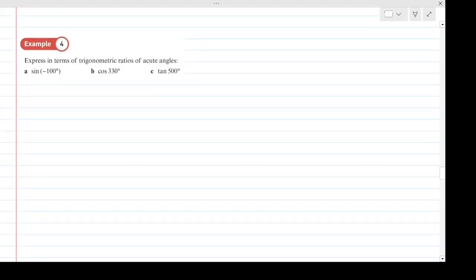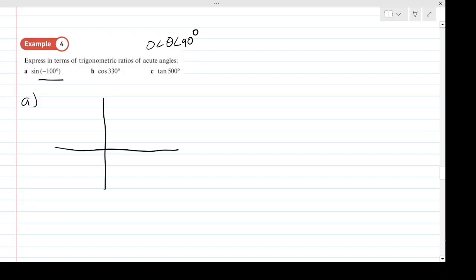Okay, so we're told here to express in terms of trig ratios, which means, by the way, in terms of sine, cos, or tan of acute angles. So these are going to be between 0 and 90. So firstly, sine of minus 100. Well, again, we're going to do the same thing that we always did, and just consider the angle minus 100. Because it's a negative angle, we're going to go clockwise, going that way. But obviously that would be 90 there, and we'd need another 10, right? So we need another 10 after the 90